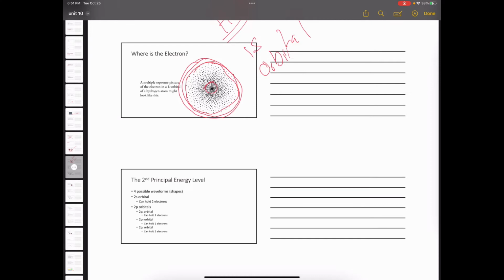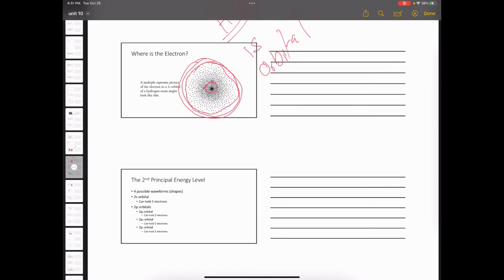If you've taken any science before, potential energy is defined as how far an object is from the ground. The farther the object from the ground, the higher the potential energy is going to be, excuse me. So the second principal energy level is further away from the nucleus, so it has a higher energy compared to the